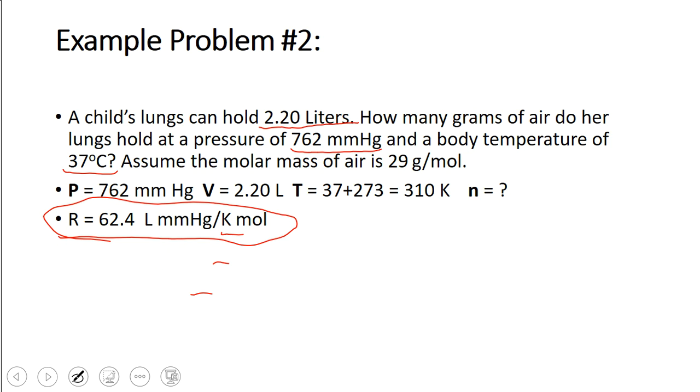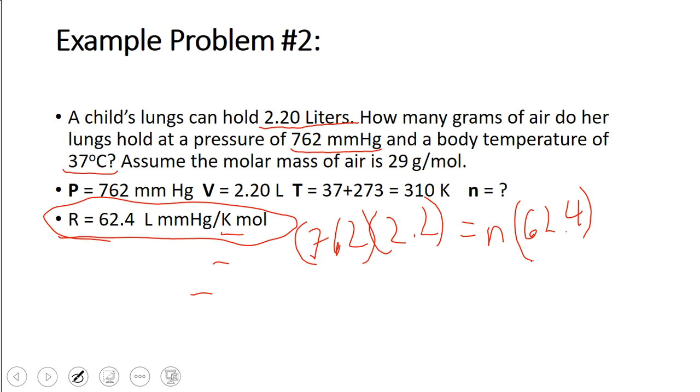So since that's using millimeters of mercury, we plug all that into PV equals nRT. So we've got 762 times the volume, which is 2.2, will equal the n we're trying to find. The R is 62.4, and the T is 310. And there you have it. So you multiply all that out, and you get an n equal to